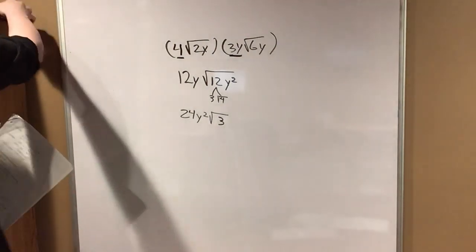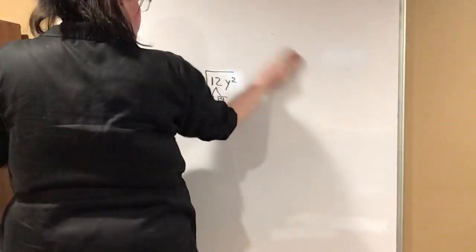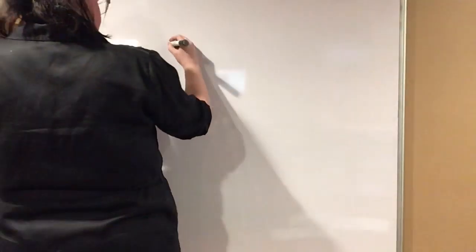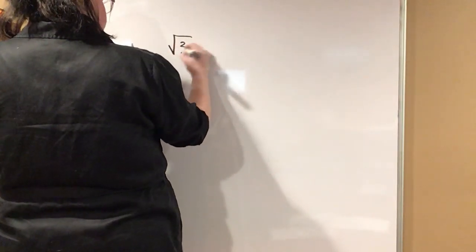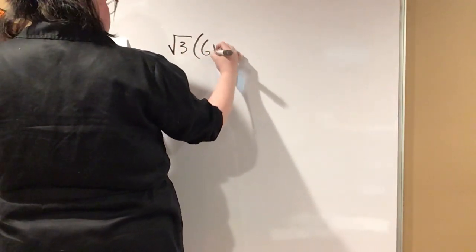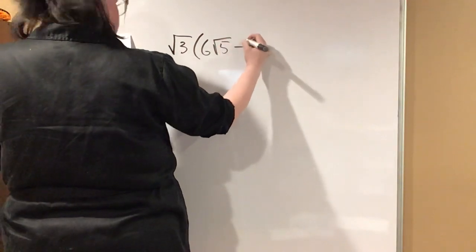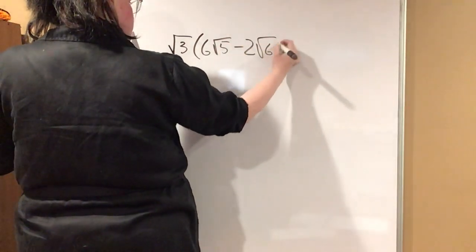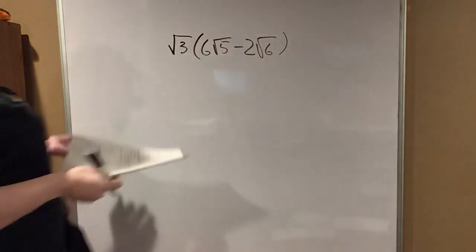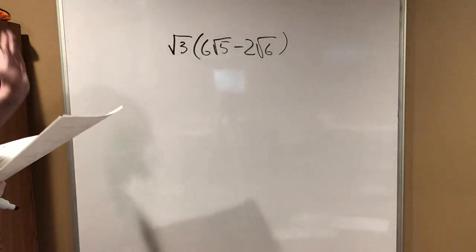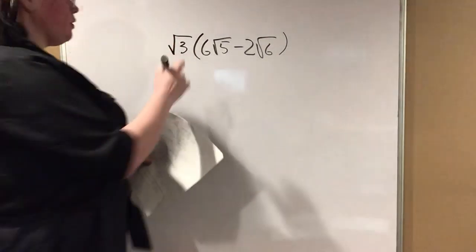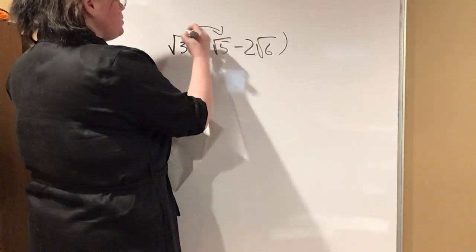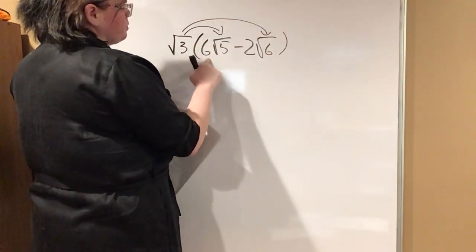But what if we are looking at something like this? Square root of 3 times 6 square roots of 5 minus 2 square roots of 6. So let's look through this guy. We are going to just distribute in the square root of 3. And we distribute it to the square roots because you can't multiply this